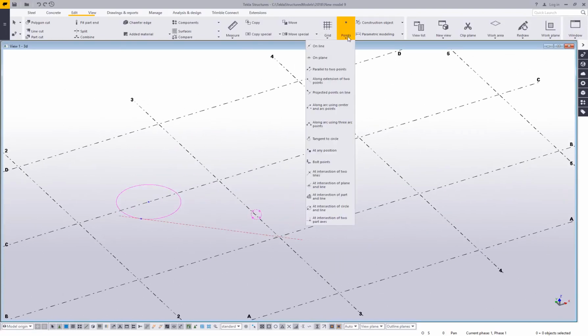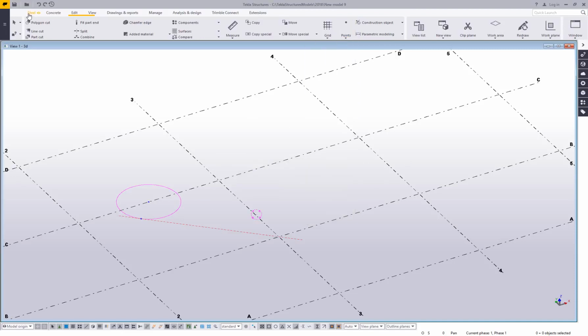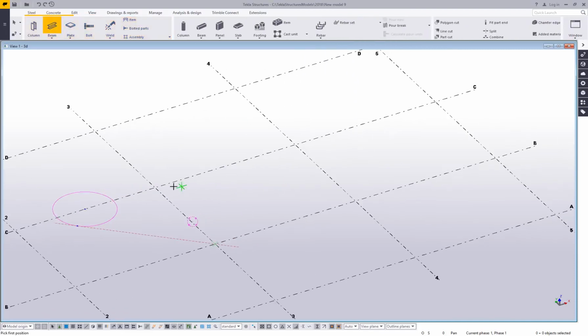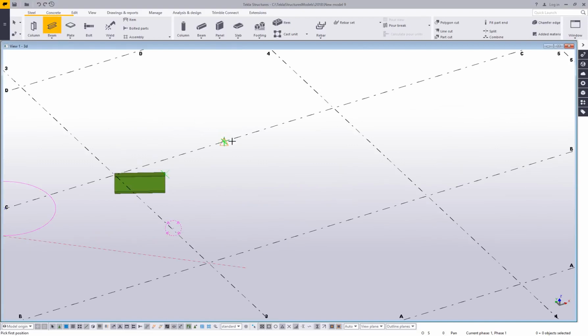Another point creation tool that I found really helpful is intersection of two lines. Intersection of two lines, that apparent intersect, is what I might be calling that. If I have two members that I'm trying to extend, let's say I have a skewed member here that will come out, say, 48 inches,